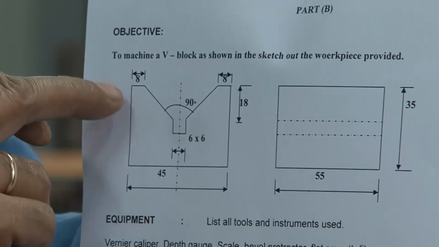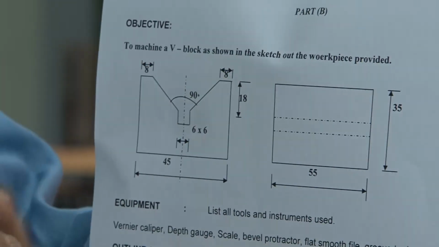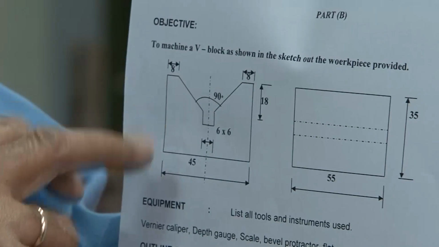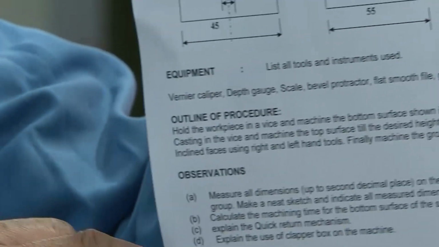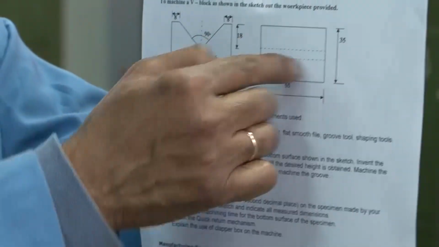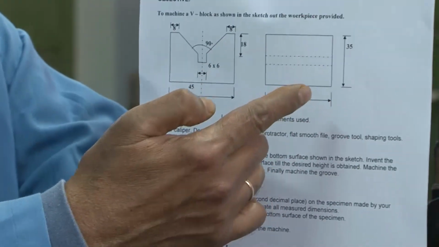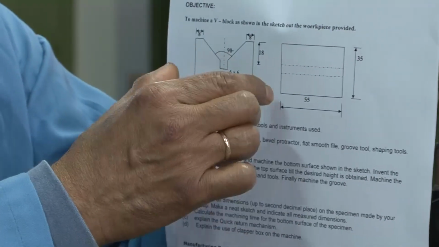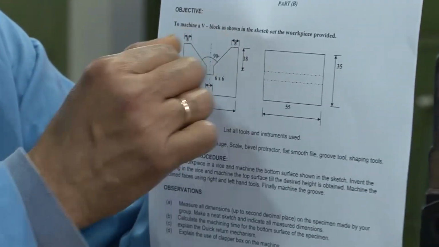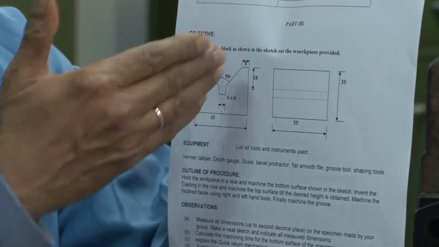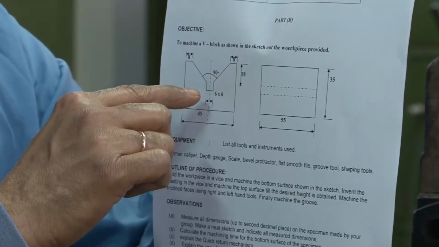You can see from the drawing that in this part we have a flat surface, we have a groove here, and we have a dovetail surface. We will show you the part, then it will be clearer that the groove has this dimension. In the other view, you can see these dimensions are given: height, breadth, and all the dimensions of the flat surface, the angle for the dovetail, and the groove surface.